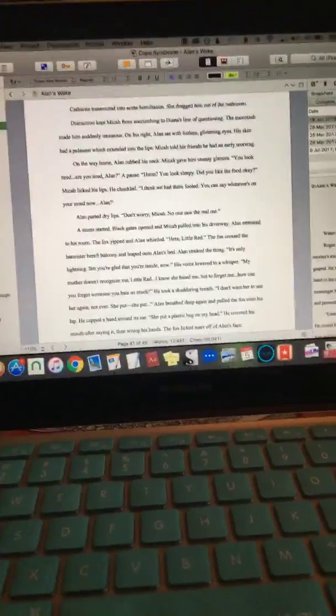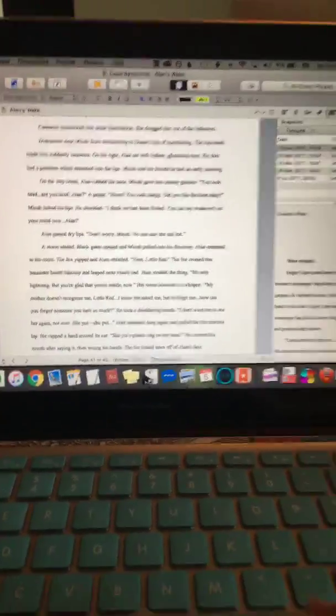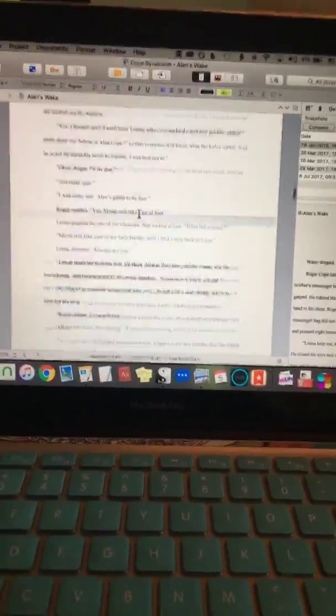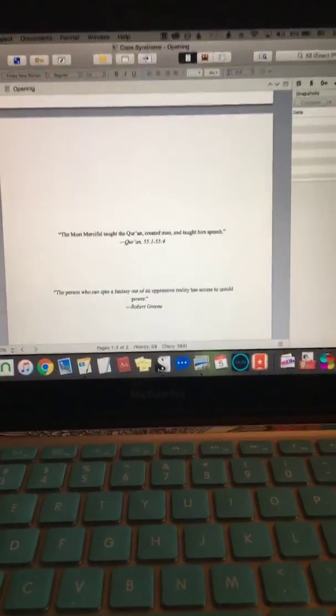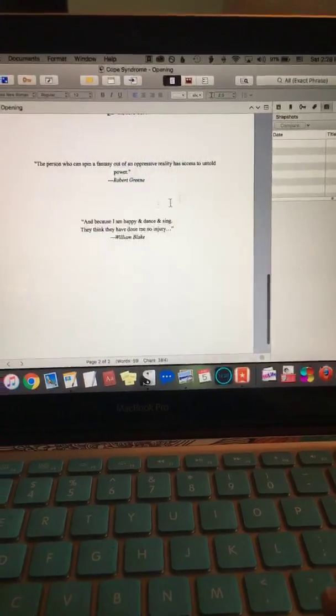There's a lot of mystery in this novel, and that's not mystery in terms of like a murder mystery, but sort of a seductive mystery that I like, and that's always been intentional, so I'm going to leave that there. And then that is officially done. I have a third epigraph that I added.